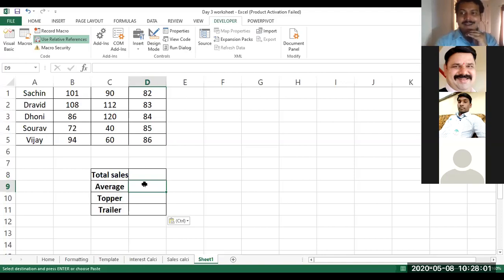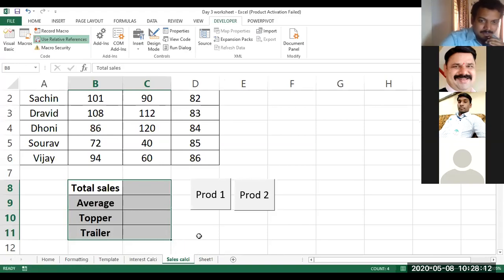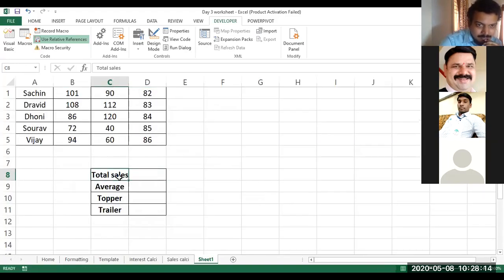I need not re-enter the formula here. I can directly go and assign the macros, and then I can get the values there. I need not redo it. So here this is to be pasted in the second column over here.